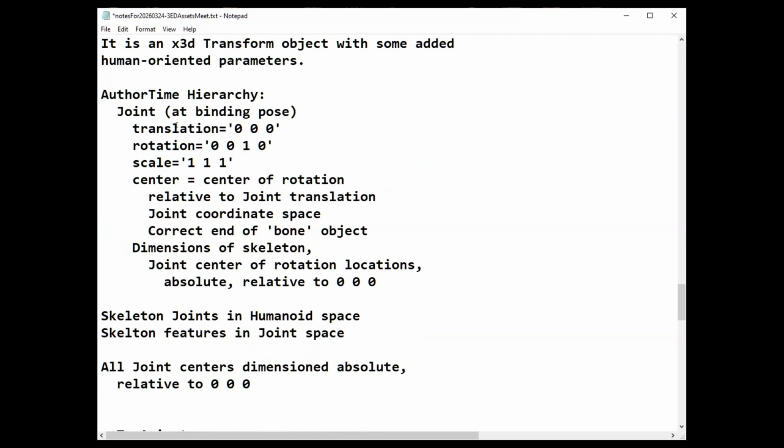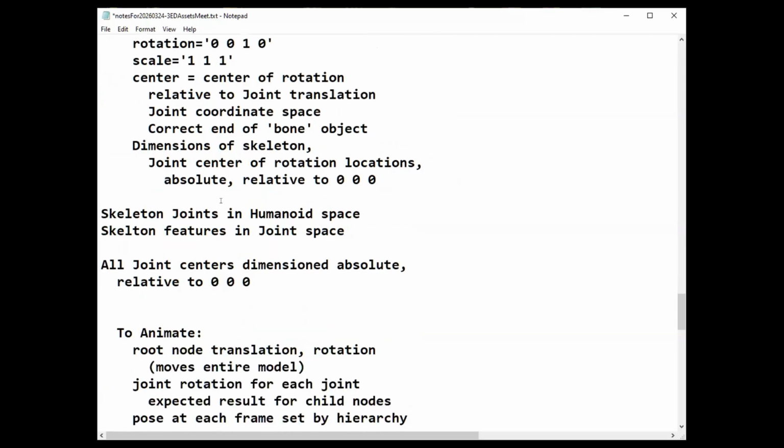The idea is that the translation, rotation, and scale remain at a default value, and the center tells it where to rotate. If you put that joint in the correct position in the hierarchy, it just happens magically, thanks to the magic of 3D graphics.